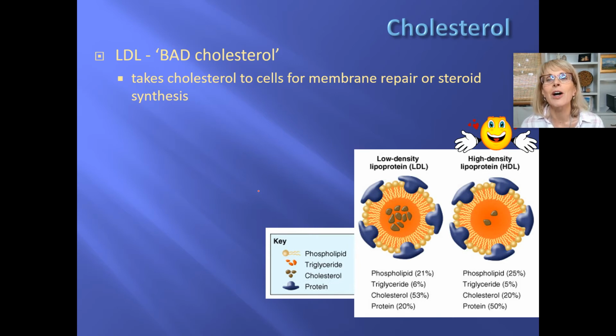Let's talk a little more about cholesterol. Cholesterol gets discussed as if there's good cholesterol and there's bad cholesterol. Actually, the molecule cholesterol, it is just cholesterol. However, cholesterol, it's a lipid, right? So when it's in your bloodstream, it's not floating around by itself. Cholesterol is inside little protein packages. So the cholesterol is all the same cholesterol, but the good cholesterol